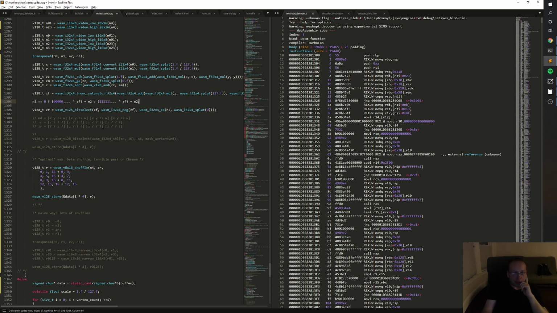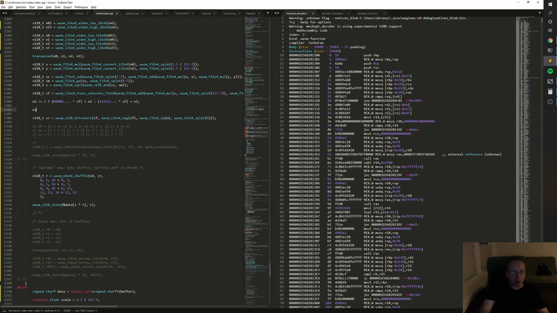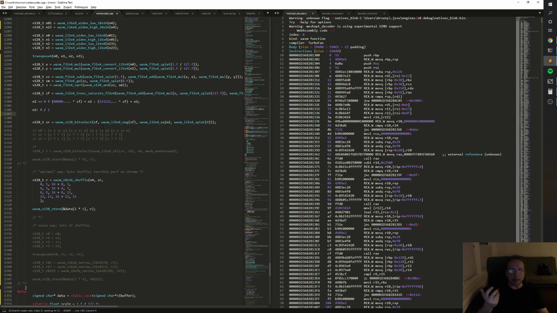So the upshot of this is this. So like if n2 is either 0 or 1, we can make another value that's either all zeros if n2 is 0, or all ones if n2 is 1. And then we can implement like the other thing, like this branch basically without selects, just by XORing and then adding something. And the other thing is, I'm not sure if it's actually better, but